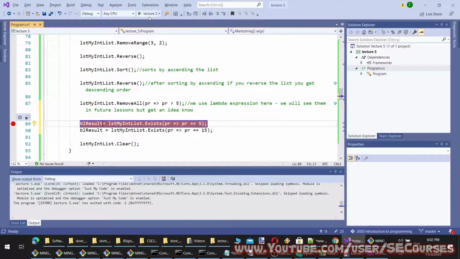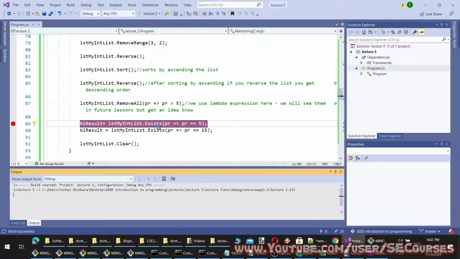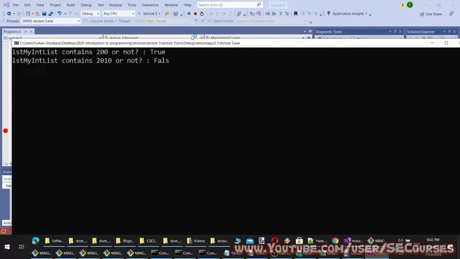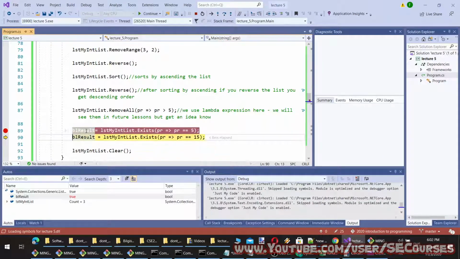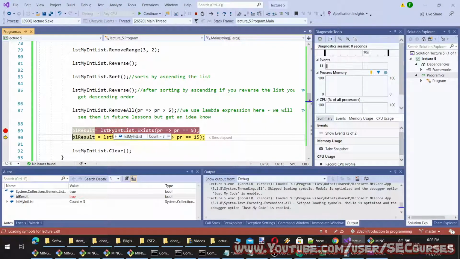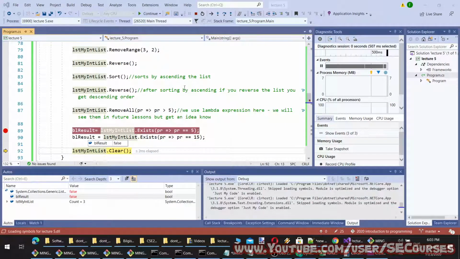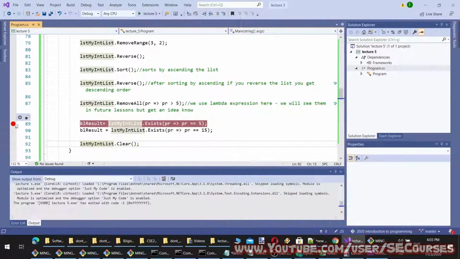If not, it will return false. This means that it exists. Okay, this is true because the list currently has 5, and this is false because the list currently doesn't have 15.